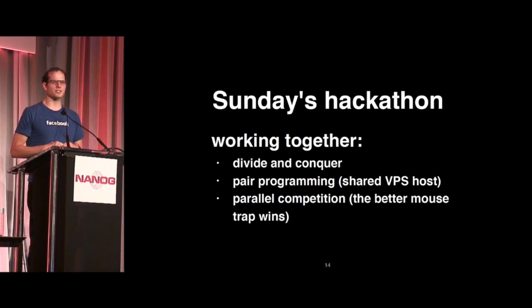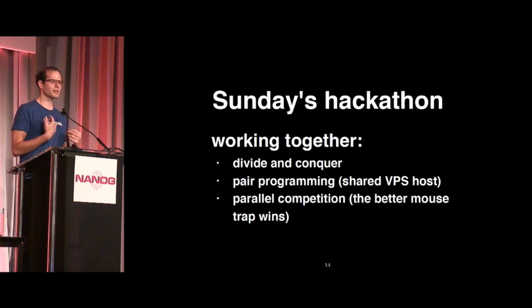And so what we did is the first person to actually suggest an idea, we just made that person go. So it was totally random who started. And then we set a timer for about 15 to 20 minutes. Each person took turns rotating, driving the keyboard and also partially driving the design. And then we talked out loud as we did it. So even though we weren't entirely sure what we were building, we built it together on the fly, but it was really, really neat. You kind of just had to be there to try it.